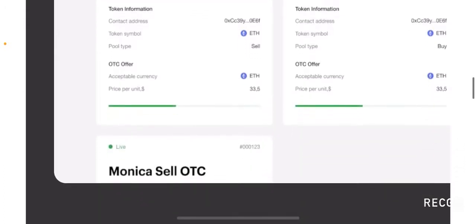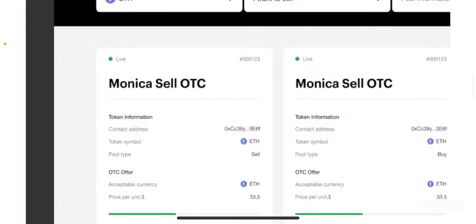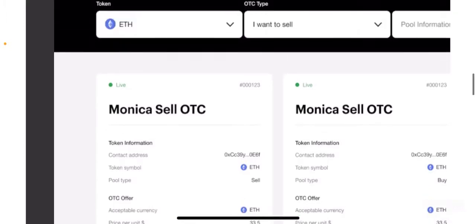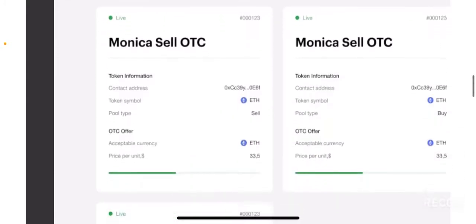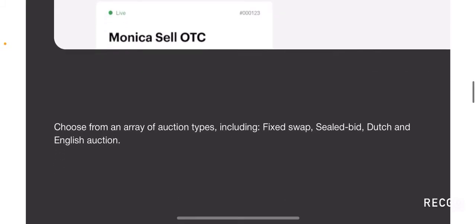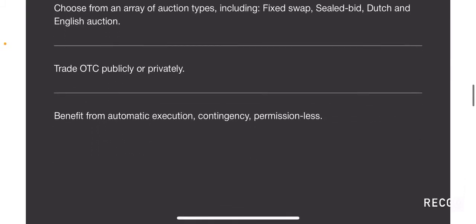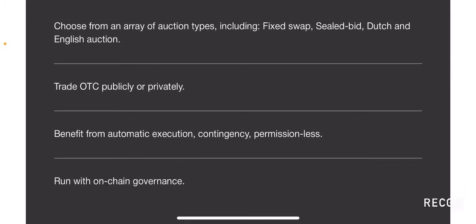So this is an example of how you can sell OTC. This is an example of selling your tokens or assets in a decentralized manner in an OTC environment as well, right? So it's pretty cool that they're having a lot of integrations, and they've come quite a bit far away since we last covered them.